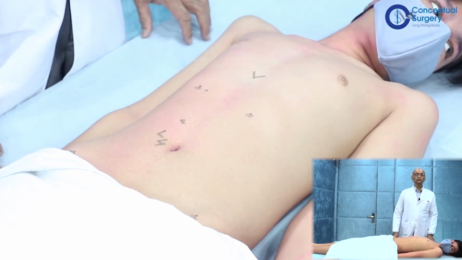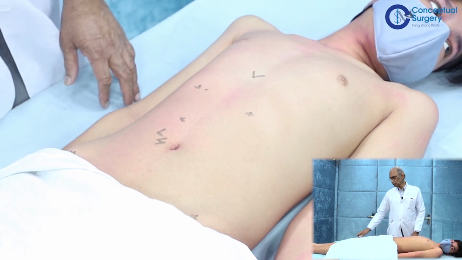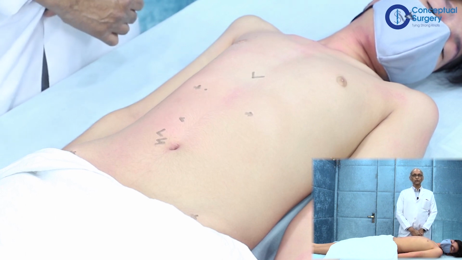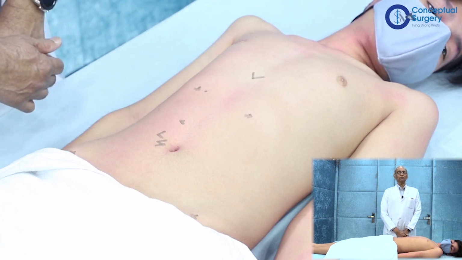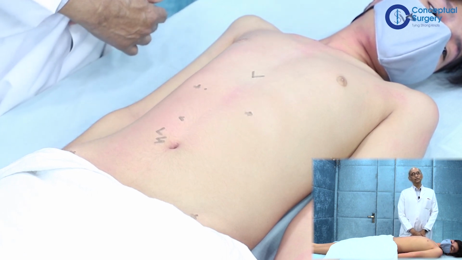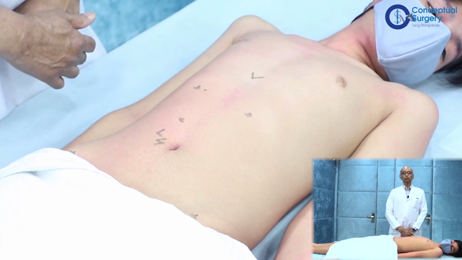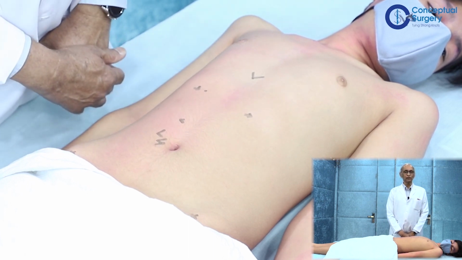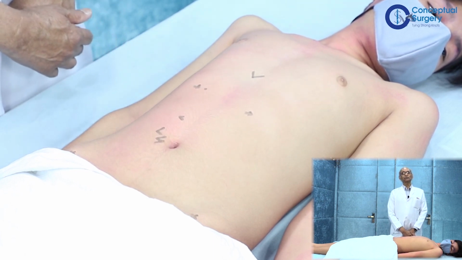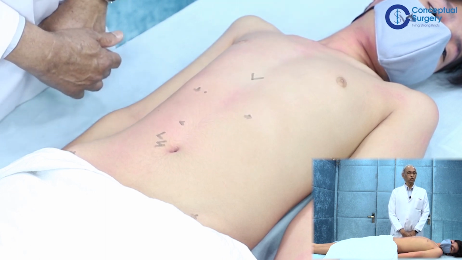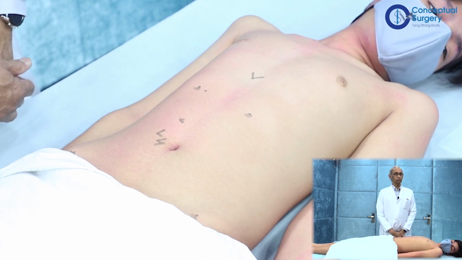Now the first thing, the moment the patient comes to you, is the general history that we always take. Their age, for example, might give you a pointer to the kind of pathology they may be suffering from. For example, a small child coming to you with a renal mass is likely to have a nephroblastoma. On the other hand, somebody who comes in the third and fourth decade may have a renal cell carcinoma. I'm giving you two examples.